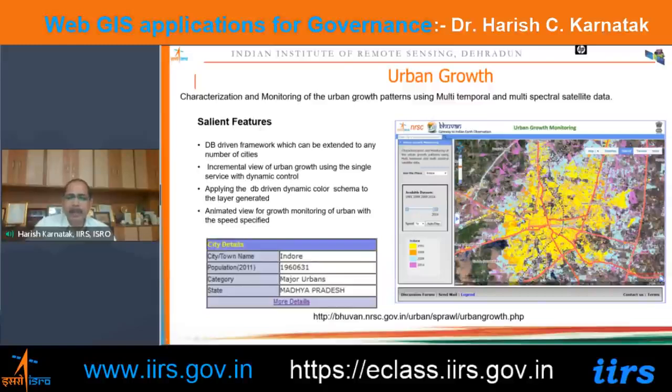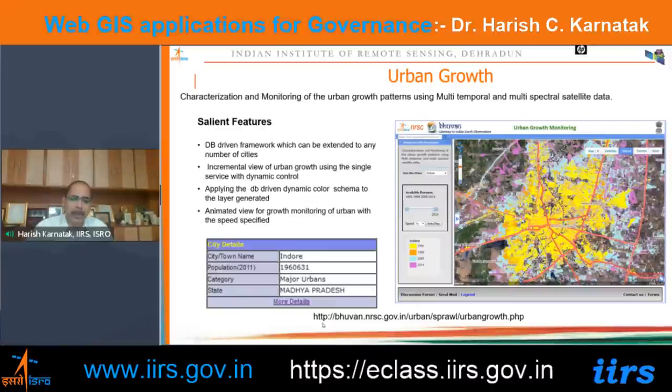And here, not only visualization, you can also perform different types of queries. I have taken one example from Indore. You can see from 1991 onward how Indore city is growing. It is shown here. In the same way, you can also model the future: if it continues to grow this way, what will the conditions be after 10 years, 20 years, or 50 years? This kind of modeling can also be performed.